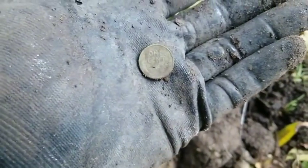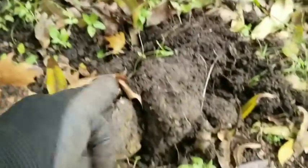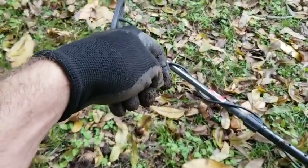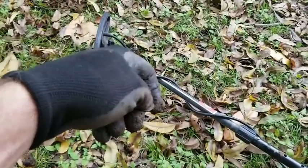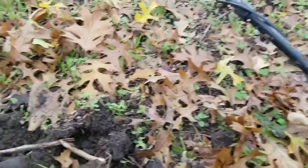This one, really pretty one. Came out of the ground really nice. It was super, super deep, so keep on going along here and see. I know I'm going to find another silver coin. I know it's here. I got to keep looking. Well, not another silver coin yet. Bunch more Wheaties though, but I did find a